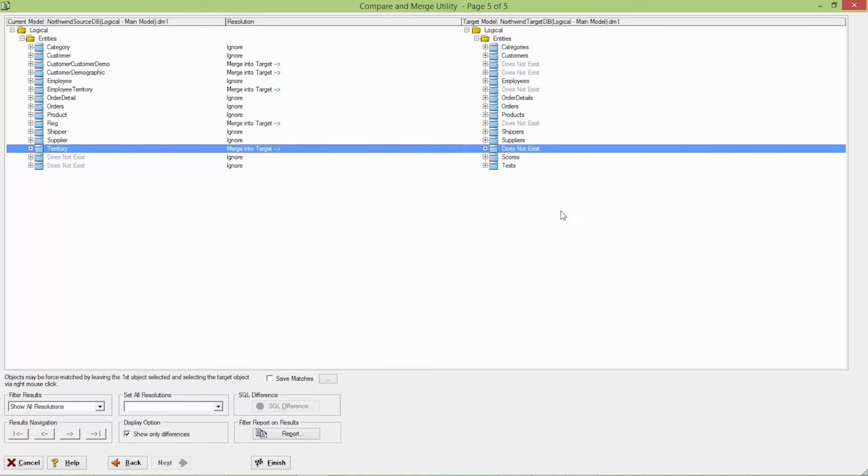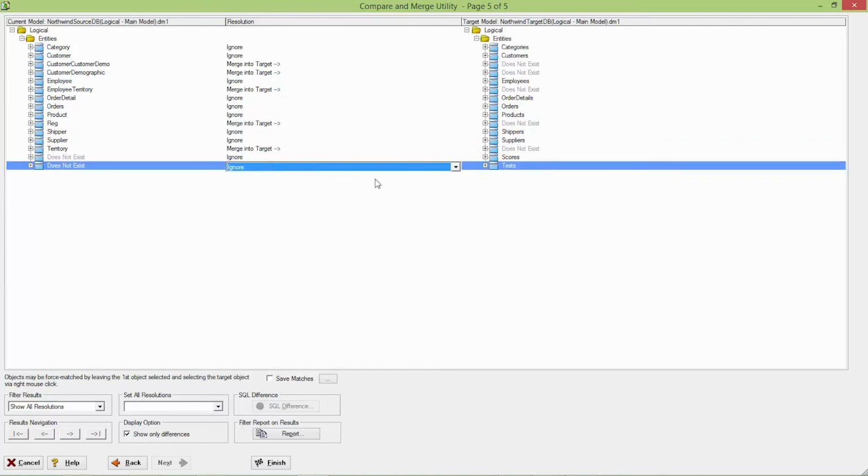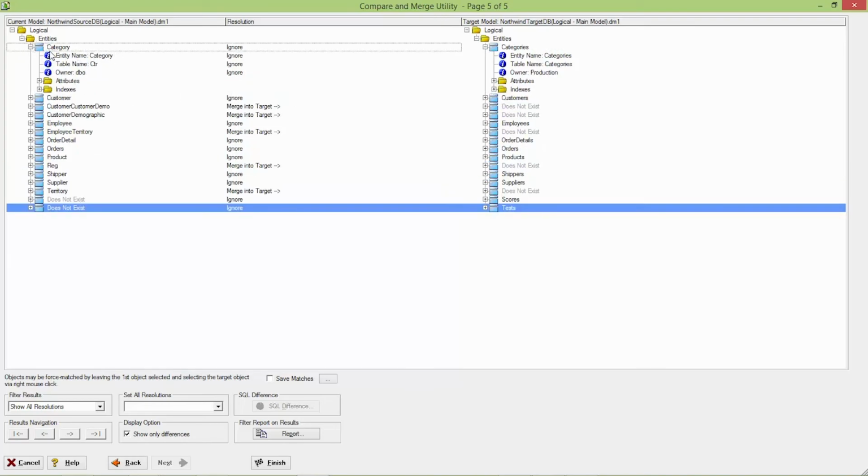As we just want to be able to add the data from this database to our database, I will not update my source database at all. So I won't create them in my source, and I will also not delete them from my target. Then we can expand each node to see for each entity what differs.